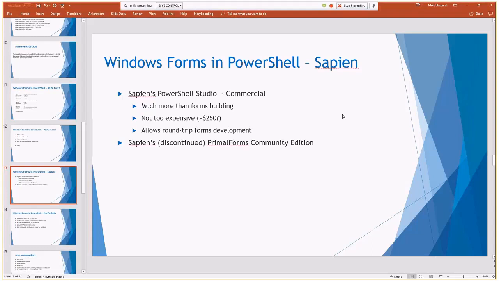There also used to be a tool floating around called Primal Forms Community Edition. It was a free tool, but Sapient does not give that tool out anymore. You might see people talking about that, but